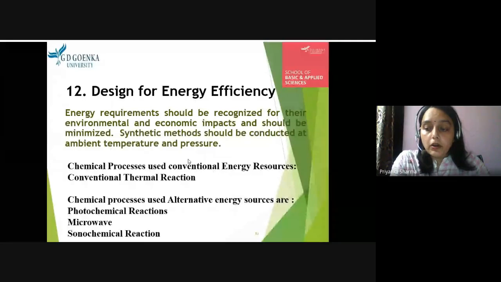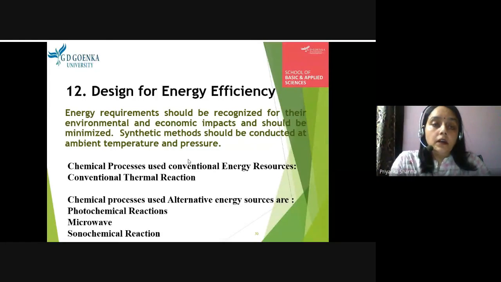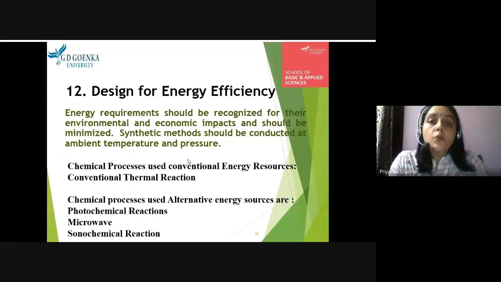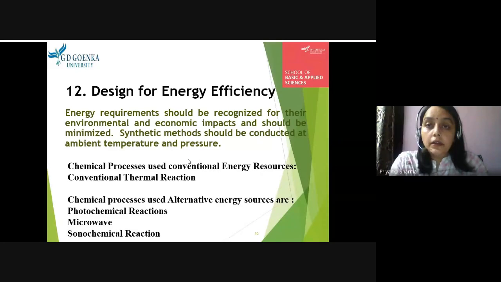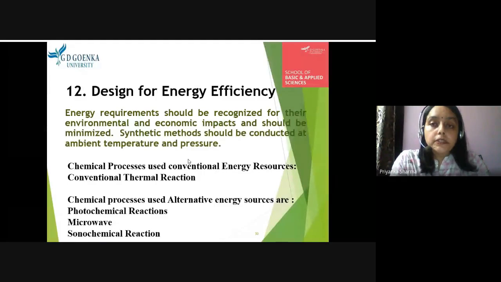Another principle of green chemistry says design for energy efficiency. That means if we are trying to do any chemical transformation, we have to look for those synthetic routes which are environmentally friendly and use the minimum of energy. In fact, we can choose alternative methods with non-conventional energy resources instead of the non-renewable energy resources which we are using. So we should identify at what temperature and pressure conditions we are able to do the reaction. Once we have an idea about the conditions of temperature and pressure,